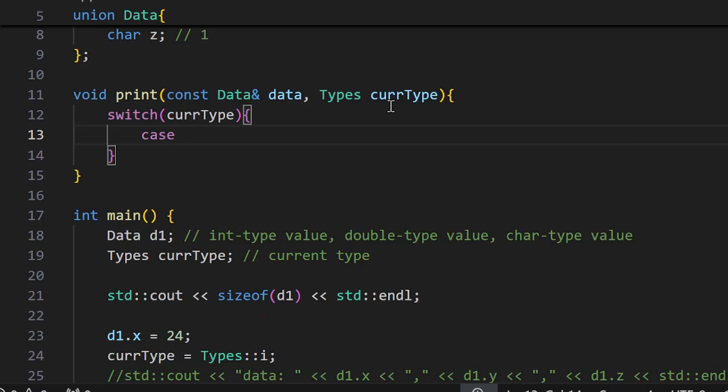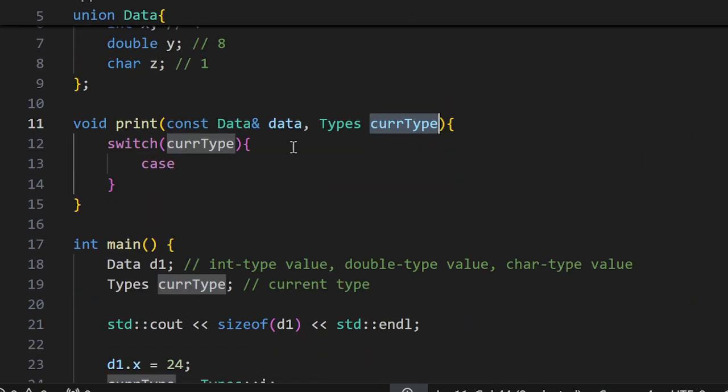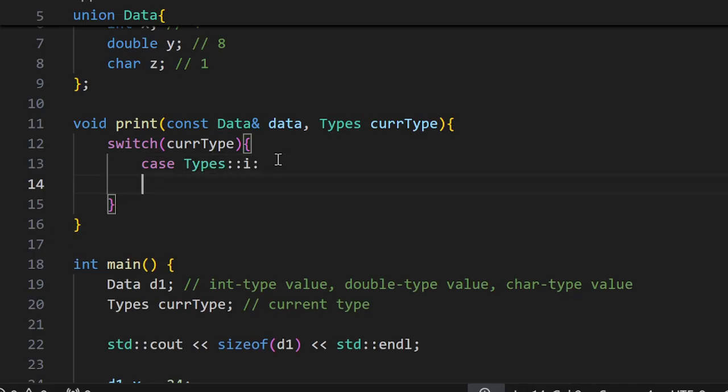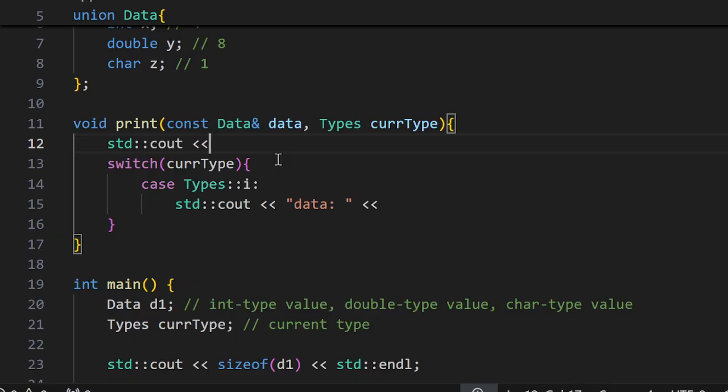The options for this variable are I, D, and C. So I. Maybe I can put this thing here, I just wanted to minimize the code. So you access dot x,